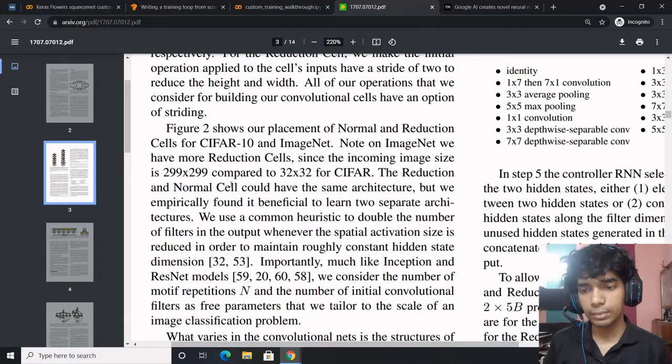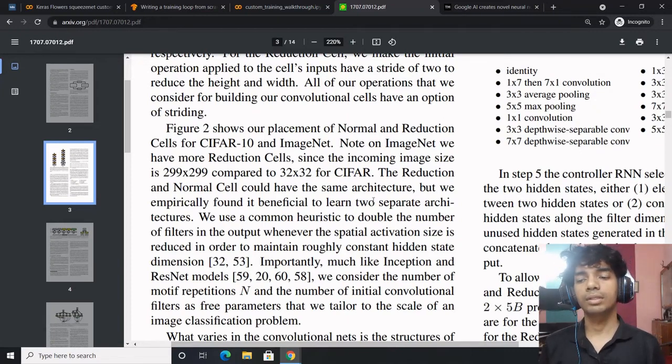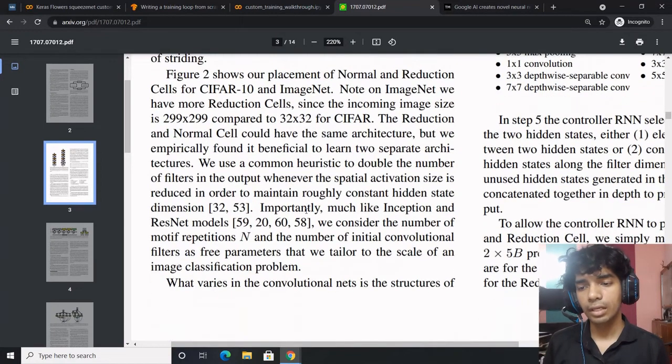The reduction and normal cell could have the same architecture, but we empirically found it would be beneficial to learn two separate architectures. So we use a common heuristic to double the number of filters in the output whenever the spatial activation size is reduced, in order to roughly keep the hidden state dimension constant.